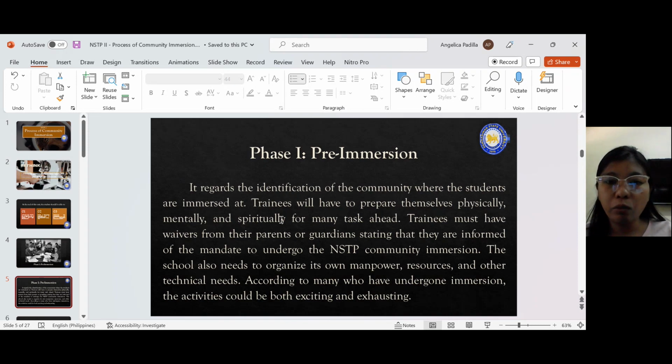Okay, so trainees must have waivers from their parents. Na-discuss ko na ito sa inyo. Wag na wag pepekehin ang signature ng parents. Just explain to them na, Mapa, we need to go out. Kailangan namin lumabas kasi part yun ng aming kurso sa San Carlos lang naman at ipapaalam din naman sa heads